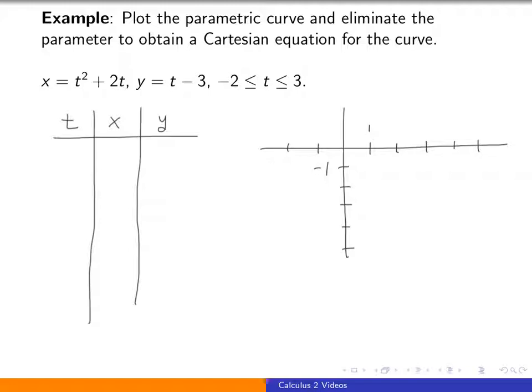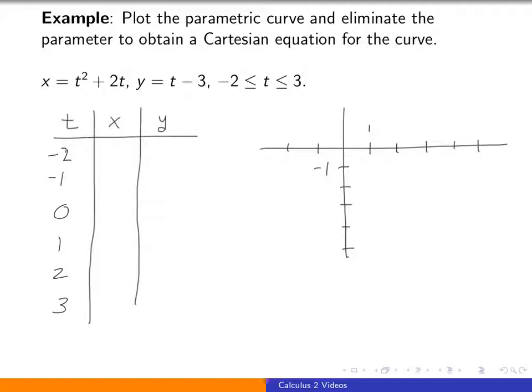Now, how we go about this is really just playing connect the dots in a very methodical way. Since our parametric curve, the t values vary between -2 and 3, we want to just pick some t values that are convenient for us to work with. So that might be -2, -1, 0, 1, 2, 3. Corresponding to each of these values of the parameter t, we'll have a point on our curve. Once we plot those 6 points to the right, we will have a good idea of what our curve is